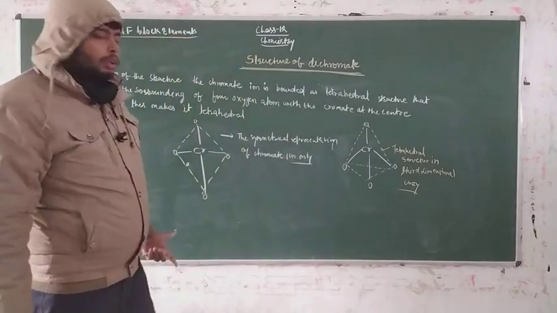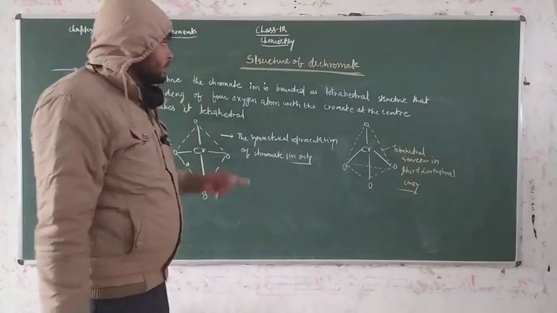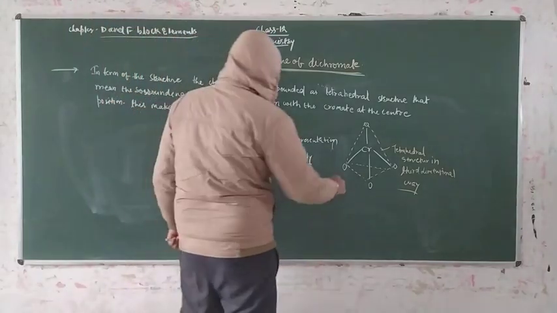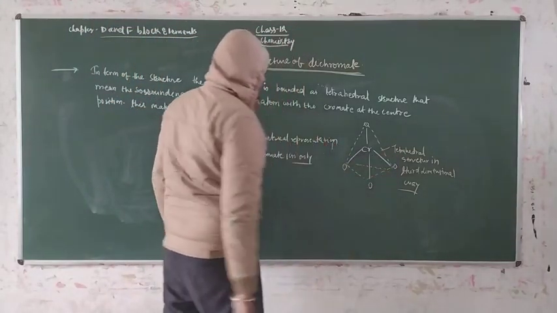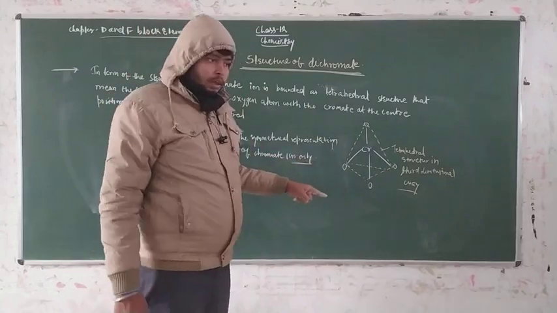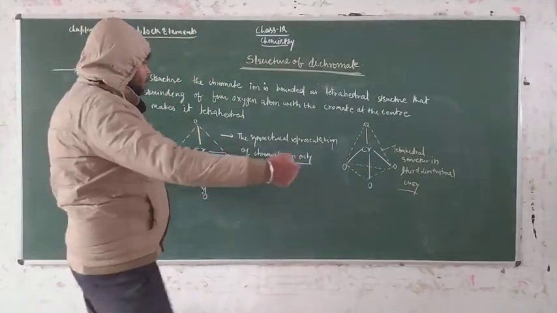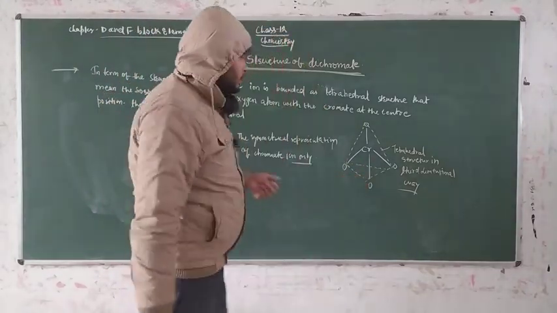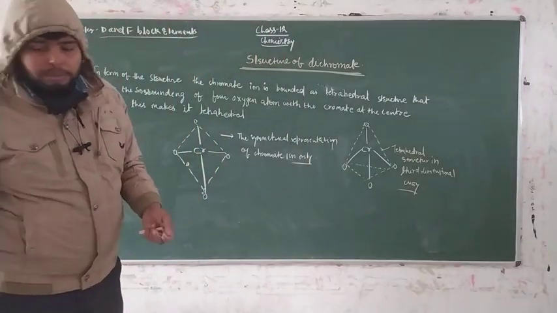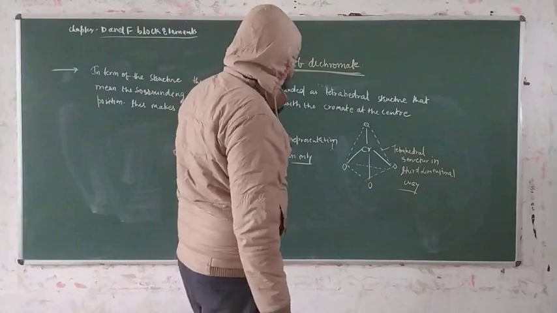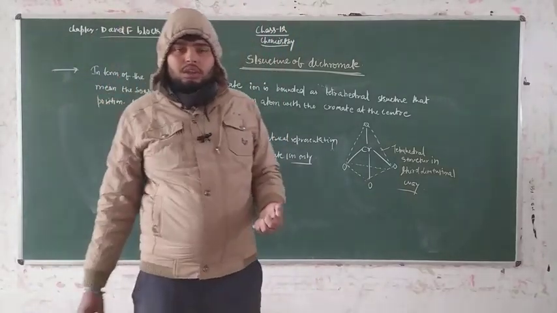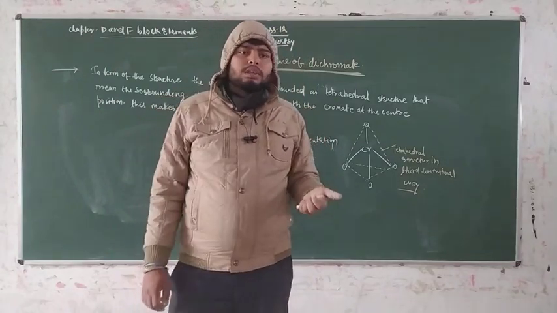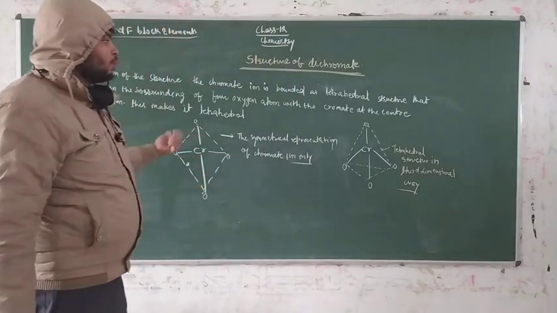So guys, you have to think about this. We have discussed the structure of dichromate. This is not a dichromate ion. This is the three dimensional tetrahedral structure, that is only a chromate ion. This is not the formation of dichromate. After combining two of them, we prepare dichromate. That means our next step is the preparation of the dichromate ion. What are the critical features of dichromate? What is the bond angle of adjacent oxygen? How do the oxygens combine with each other at the corner? That's all I'm going to discuss on this subject. So take a note of this first.